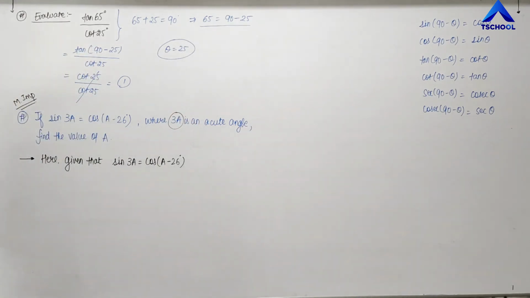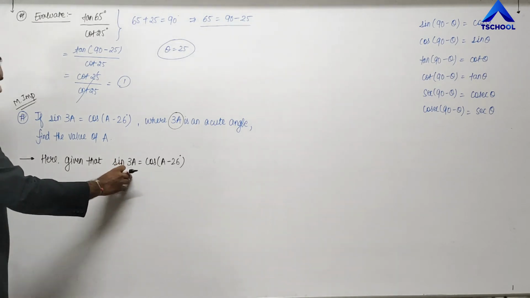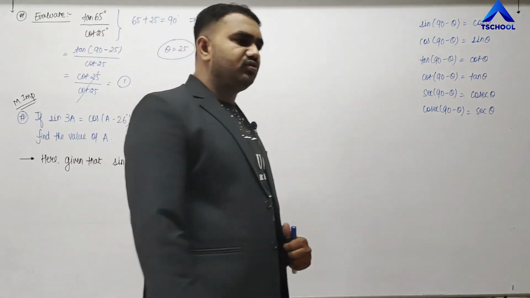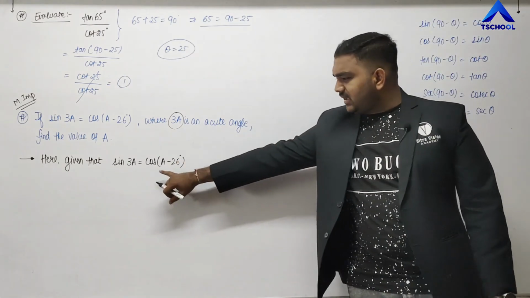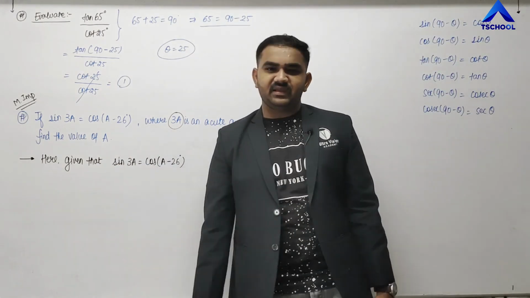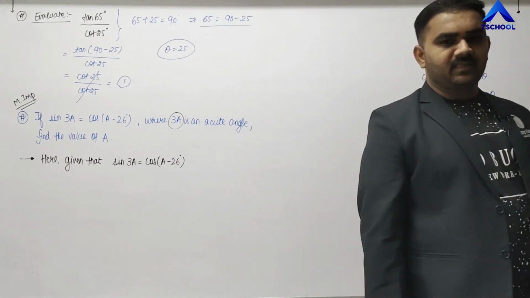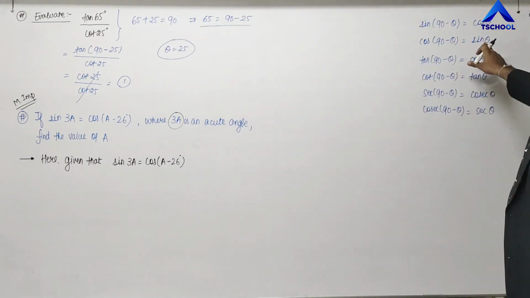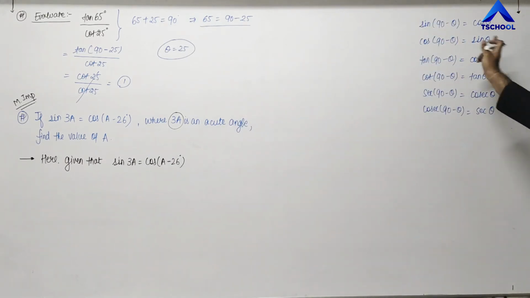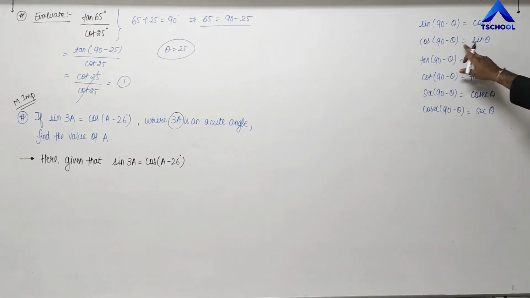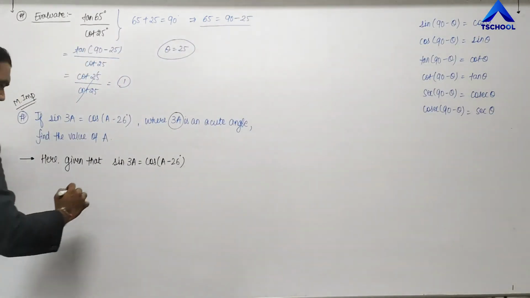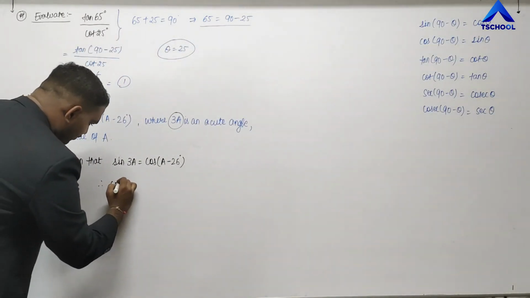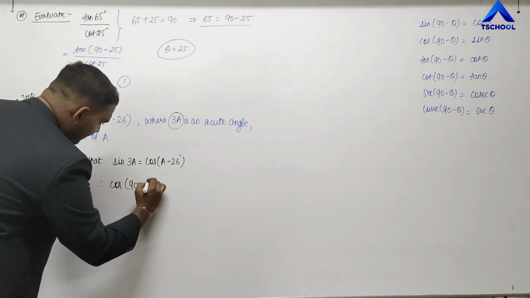So can we transfer this sin 3a to its complementary ratio? Yes or no? Assume that this whole 3a thing is our theta. So what is sin theta? Sin theta, now we will apply it in the reverse format. So sin theta is equals to cos 90 minus theta. Yes or no? Therefore we can write cos 90